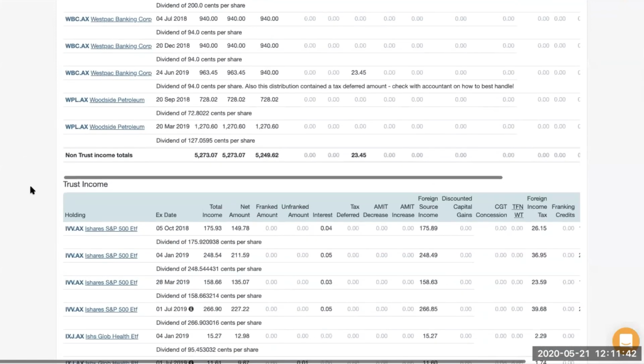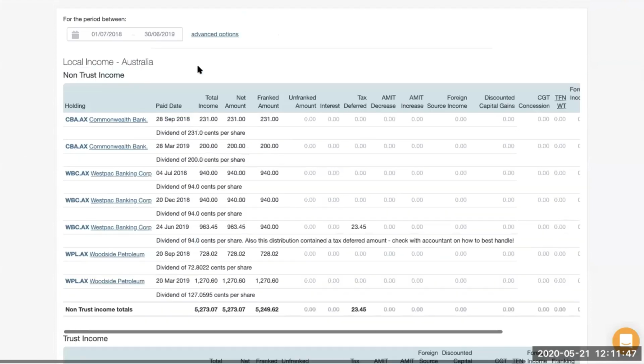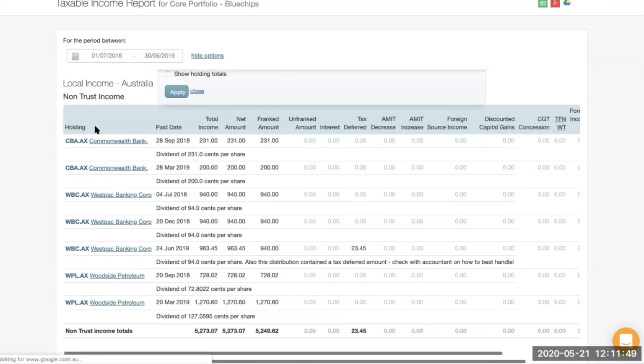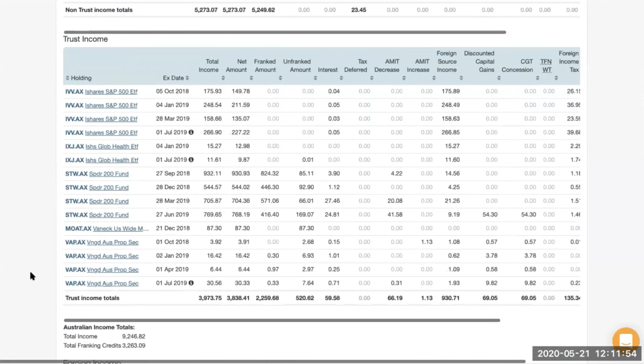Moving down the page, just a couple of other things to call out, especially regarding ETFs. What I might do here, I'm just going to take away those comments to help have more of a concise view. All right, so back on ETFs. So ETFs are now growing significantly in popularity amongst investors worldwide, certainly investors here in Australia. I think 25% of all the trades that have come into Sharesight thus far in 2020 have been ETF buys and sells. So we've done a lot of work at Sharesight to better handle ETFs and their distributions, which can